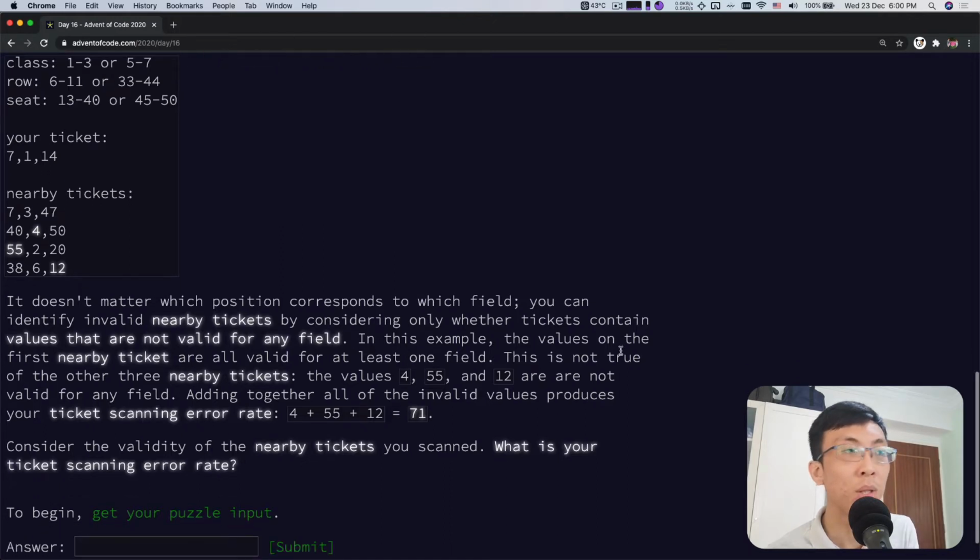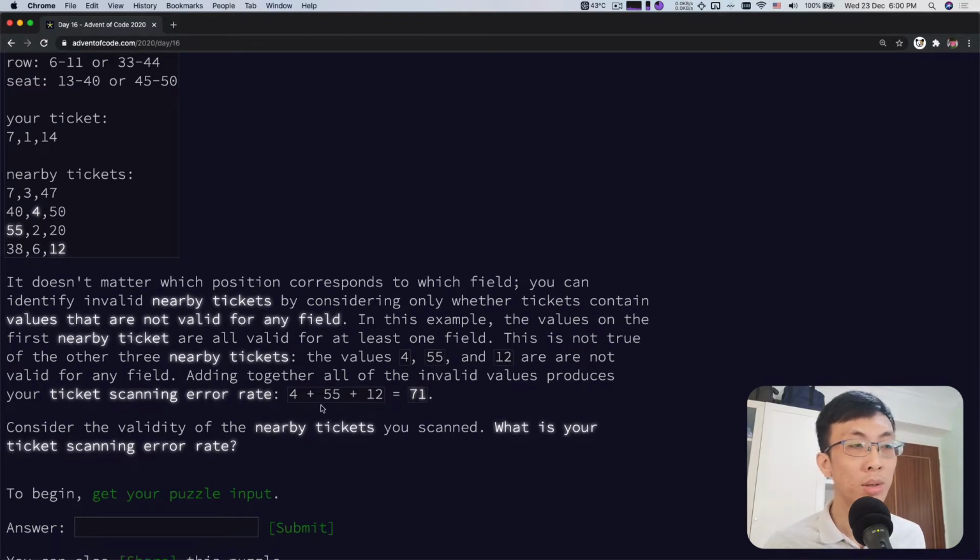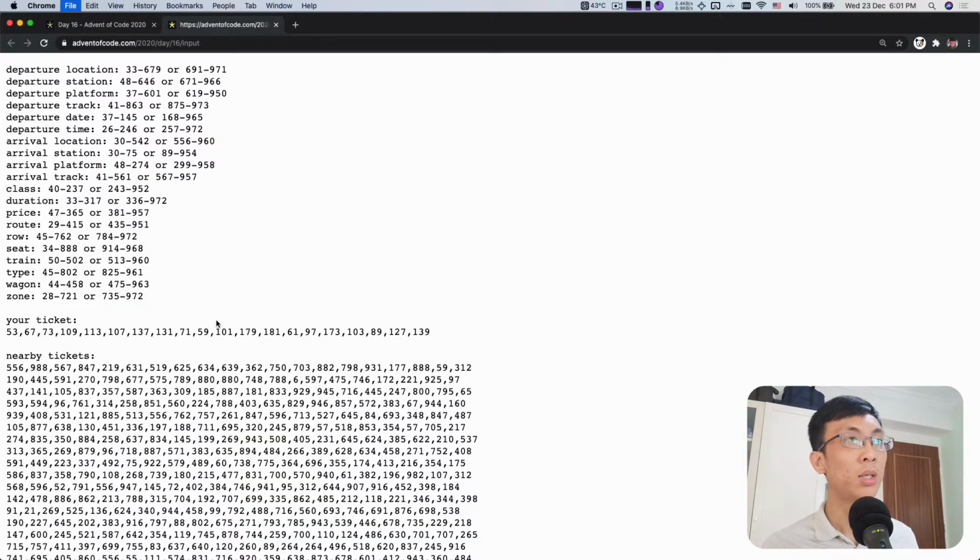In this example, the values on the first nearby ticket are all valid for at least one field. This is not true for the other 3 nearby tickets. Values 4, 55, and 12 are not valid. So we're going to find the invalid values, which gives the ticket scanning error rate. We need to scan through and find each value that is invalid, find out all invalid values, and add all of them up. Right, so let's get our puzzle input. Let's save this